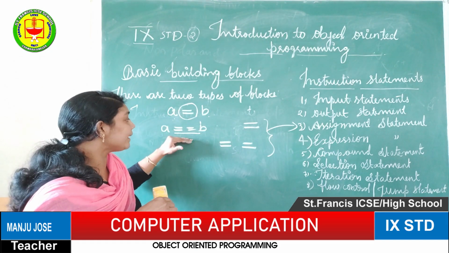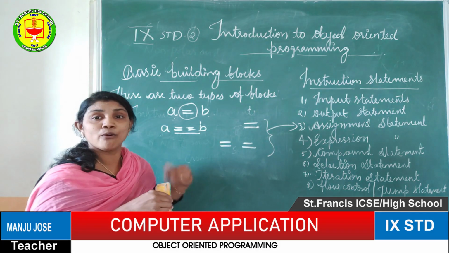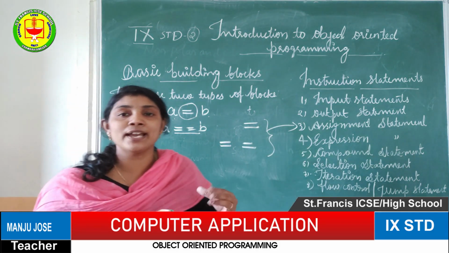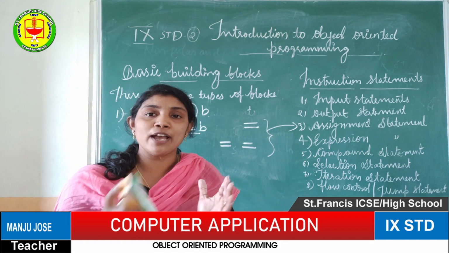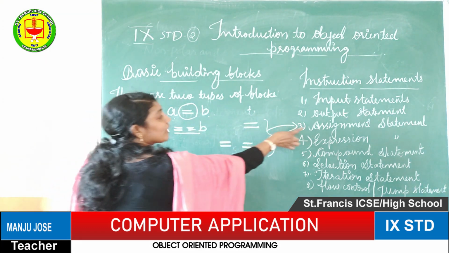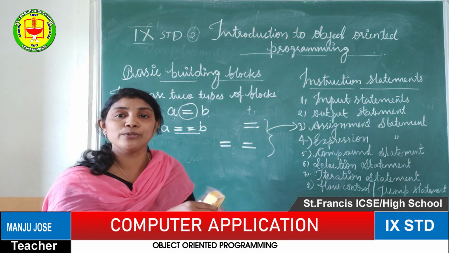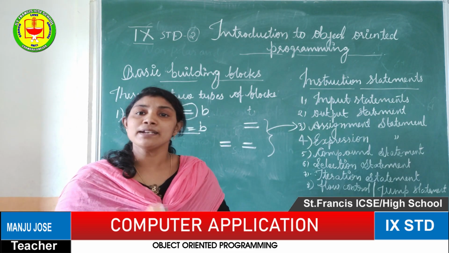Okay. The second operator, A == B, means whether the value of B equals A or not. Some condition we are setting, isn't it? That means we are going to check whether both values are equal or not. So this statement is known as an assignment statement. By using the assignment operator, we are using the assignment statement.